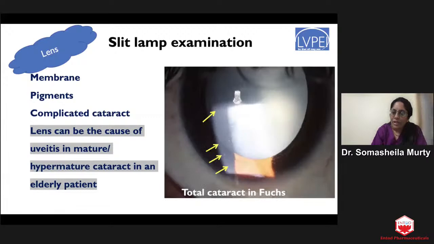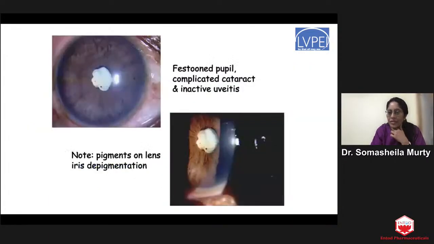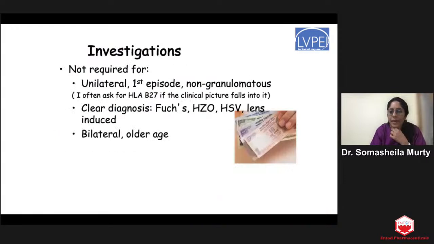And of course, Fuchs patients are the other group that present with cataract. But here it is different. The cataract is not the cause of Fuchs. And here, in fact, we can do very safe cataract surgery with good result. All right. So I was actually very keen to come to investigations